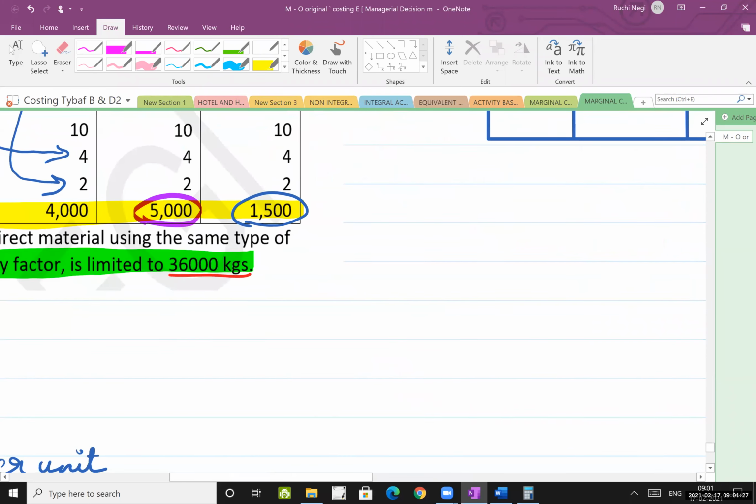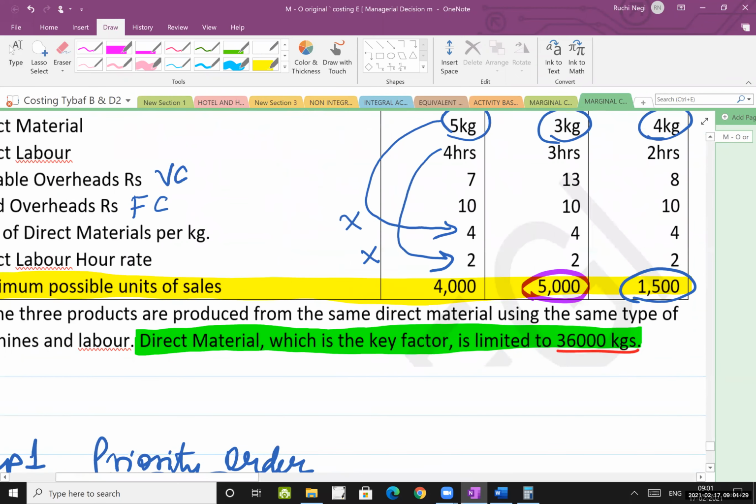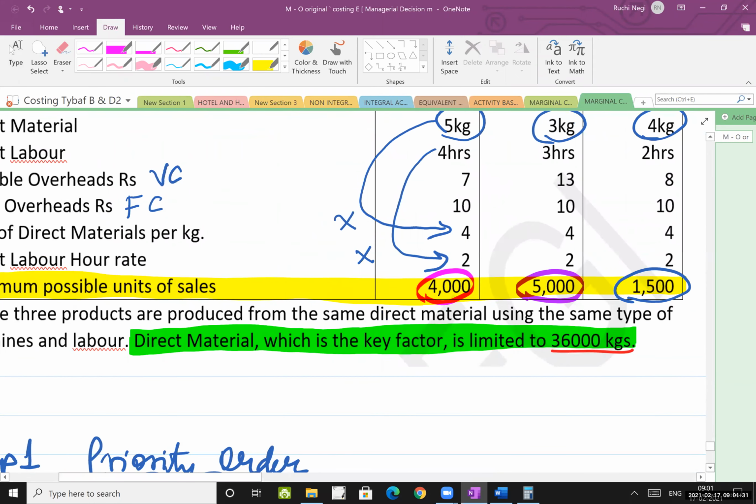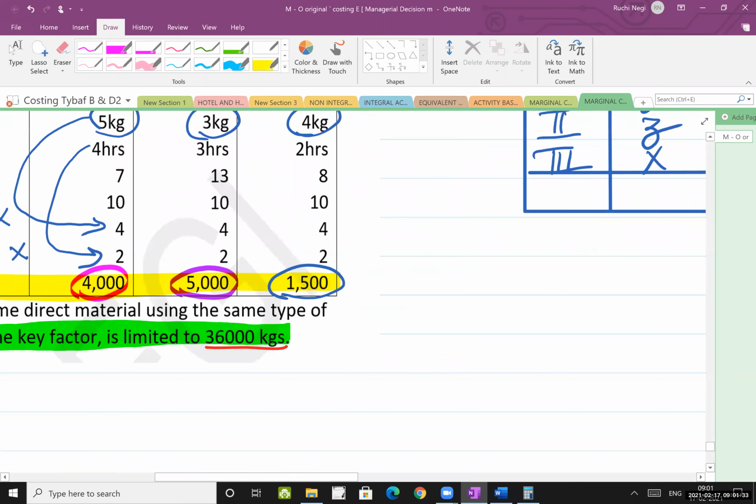Okay. As per the question, how much should I take? I should have taken 4,000. So 4 into 5, how much is that? 20, which would have exceeded this limiting factor. 15,000 plus 6 plus 20,000 would exceed, it would become 41 while the limit is 36, right? So that is why what will I do? I will take here 3,000 units multiplied with